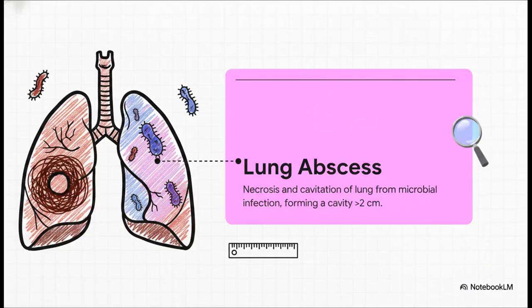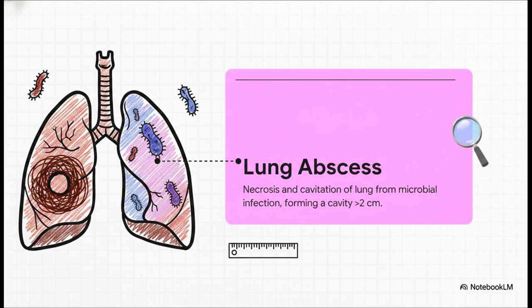But hey, before we jump into the specific exam traps, let's establish our baseline. A lung abscess isn't just your run-of-the-mill pneumonia or standard bacterial infection. No, it strictly requires actual necrosis and cavitation of the lung parenchyma. Clinically, examiners define it when it forms a single, dominant cavity that is greater than 2 centimeters. If you don't see that necrosis and that physical space on the imaging, you are simply not dealing with a